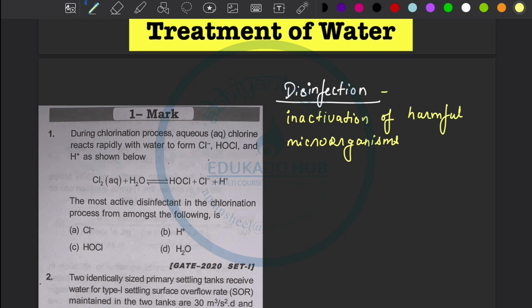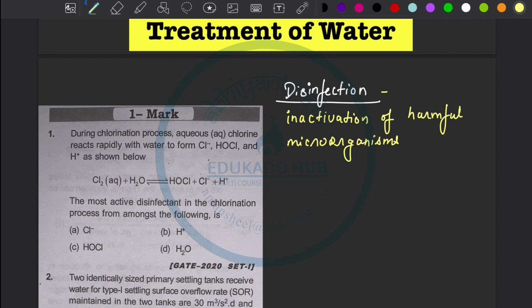So disinfection is nothing but we are going to inactivate the harmful microorganisms that can create harmful diseases if we consume that water. If it is not disinfected, the water is not suitable for us to drink. So disinfection is the most important process to do before supplying it to the